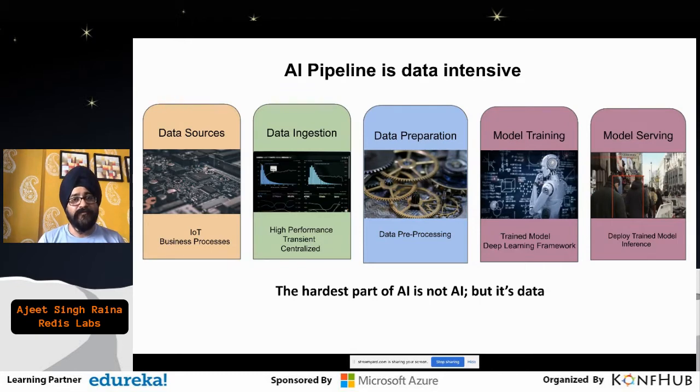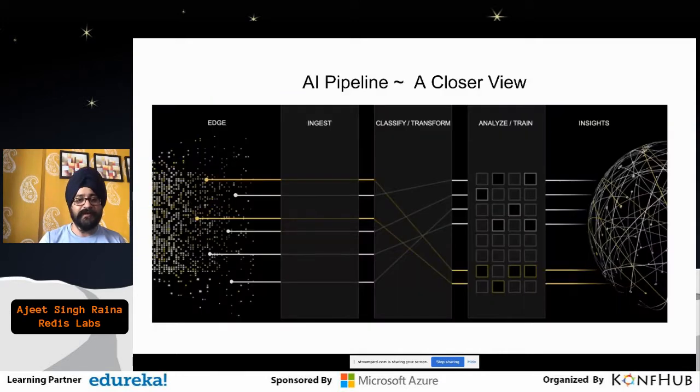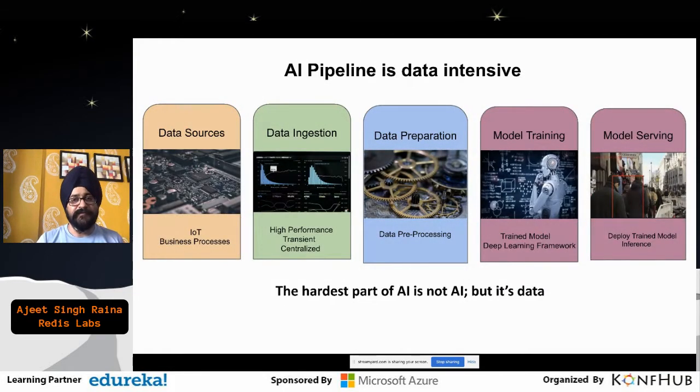Now, the raw format data has to be classified and transformed in one or multiple ways. In the diagram which you see, if you look a bit closer, we classify that data and put it into the data preparation stage. Data preparation is basically the pre-processing of your data. Once the pre-processed data is received, it has to be trained, and that is where model training comes into the picture, with a deep learning framework.